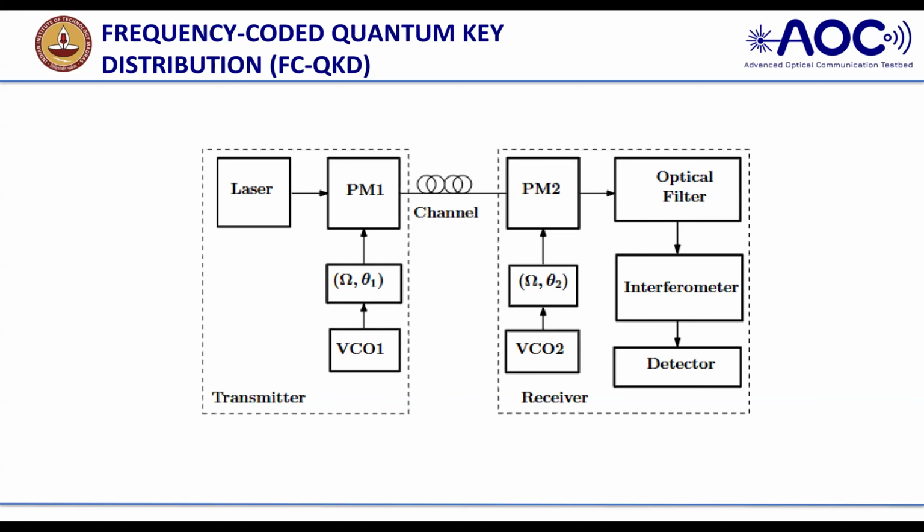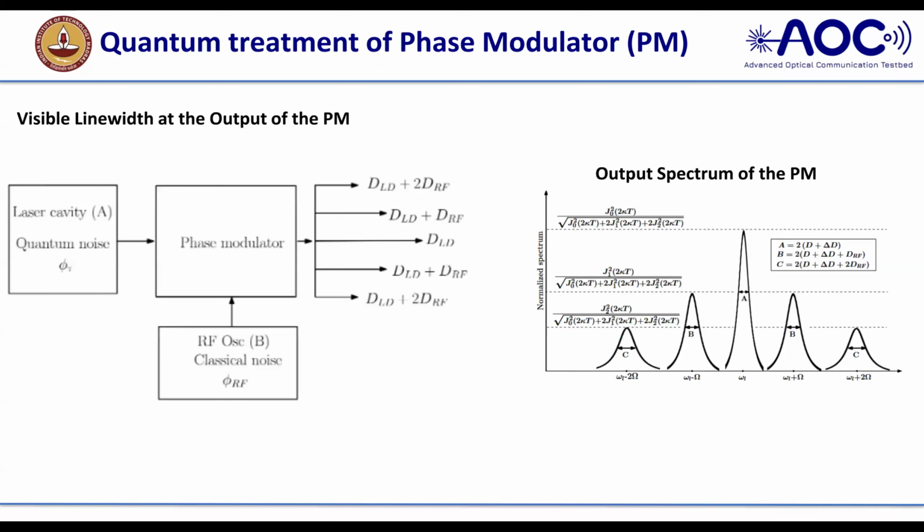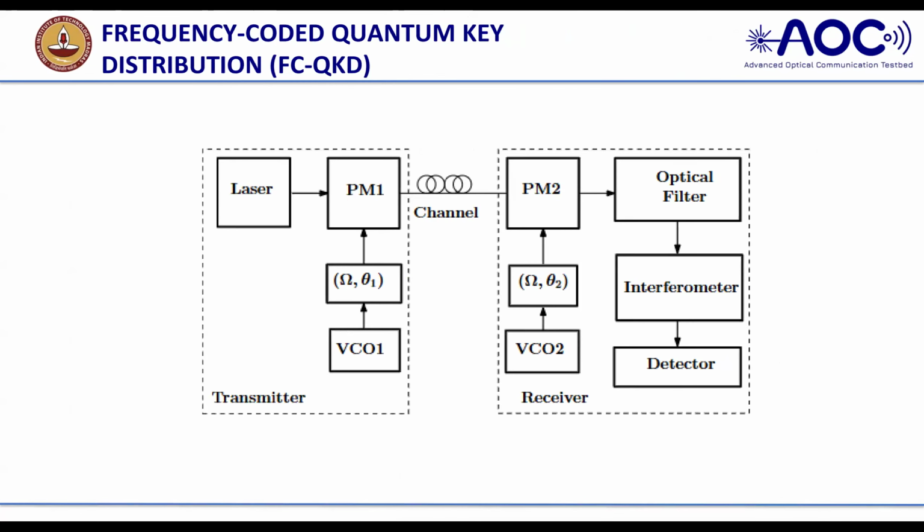And we use an optical filter because we want only a single sideband. We try to avoid omega L minus omega. We consider only the interference pattern at omega L and omega L plus capital omega, and that is given by the interferometer. And the detector will see my intensity, the photon detector, how much it gets affected, and he analyzes my detector.